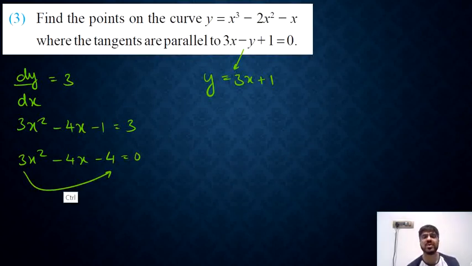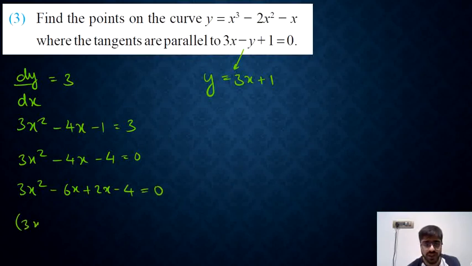So 3 into 4 will be minus 12. 3 into 4 will be 12, and two numbers whose subtraction gives you 4 are 6 and 2. So we will have 3x square minus 6x plus 2x minus 4 equal to 0. So try to factorize that. We have 3x, and from here we are going to have a plus 2. And from here what we have taken out common is 3x, right? So we are left with x minus 2.